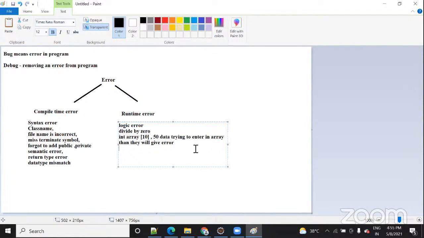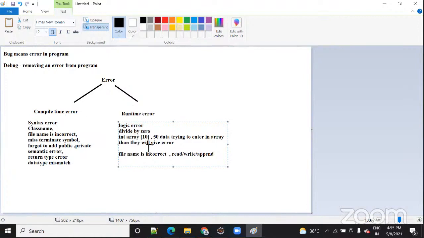One more example is when the file name is incorrect. Have you done file handling in Java? No. So file handling is something where you read a file and perform operations on that file, like read, write, append. Suppose you are passing one file to your Java code, and with the help of code you can edit it, append it, read the file, write the file.